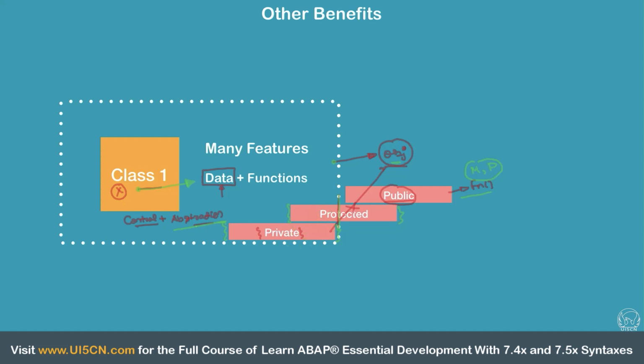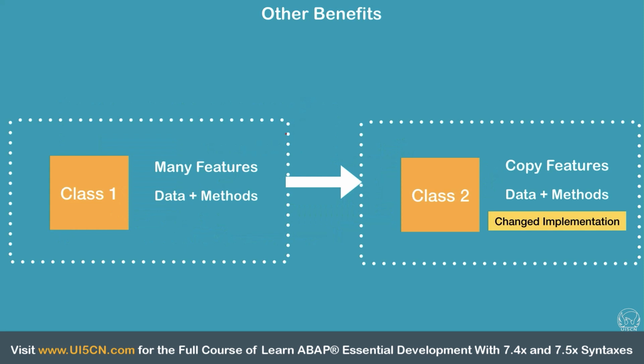So you are also in a way providing the data abstraction feature with this object-oriented pattern. One more benefit you will find in your object-oriented concept is the concept of inheritance. Within this inheritance, you have the capability to copy features, which can be data and methods of an existing